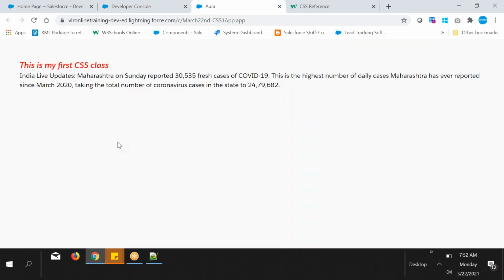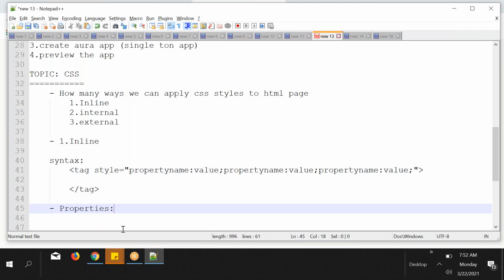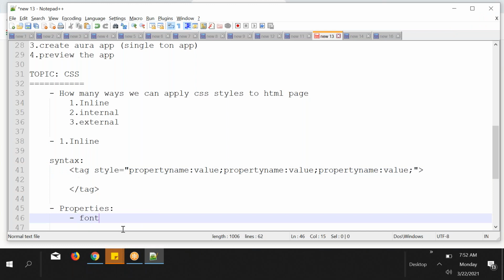Yeah. So another style. I want to add a border. As of now you have learned font properties. With font, what have you learned?